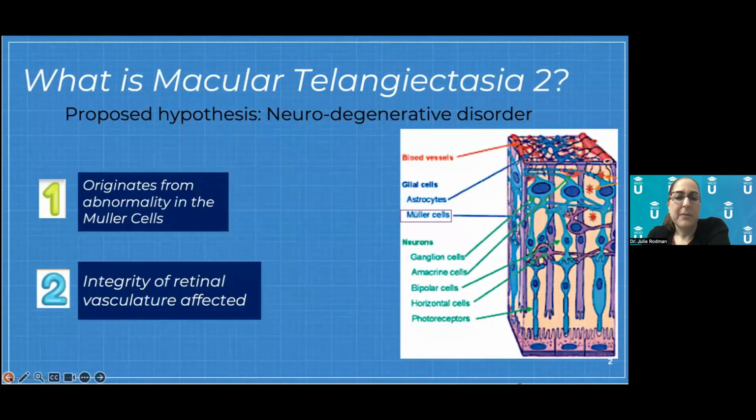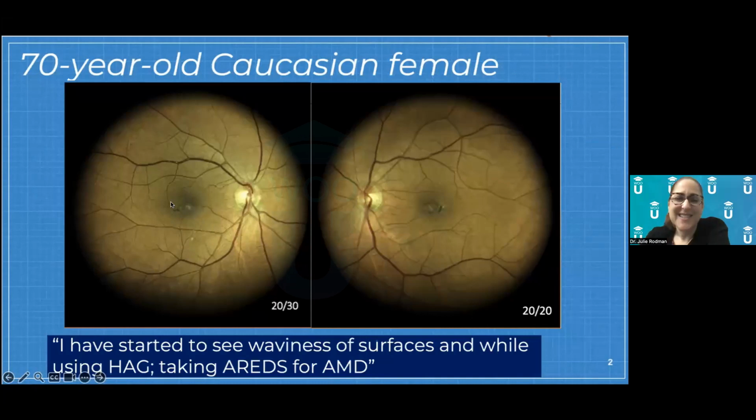So let me actually go back for a minute to point out a couple of things, and then we'll go into what this is, as you already saw. You can see that this patient had some hyperpigmented areas, or what I like to call pigment plaques, in each eye. She had also some of these lighter areas, some kind of glistening in the macular area. If you look extremely closely, though, and I would say this is one of the hardest diagnoses to make clinically without having some of these more obvious features, she's got these vessels that I like to say are diving in on the temporal side. So this vessel here and this vessel here.